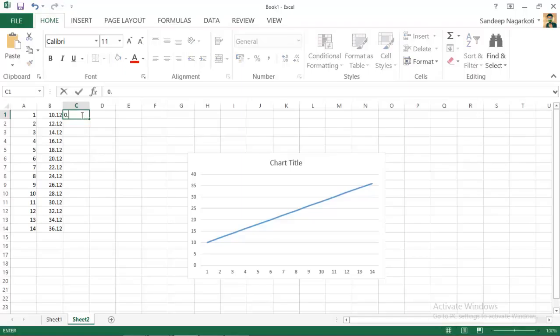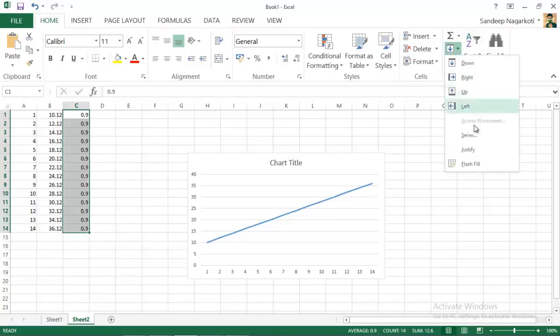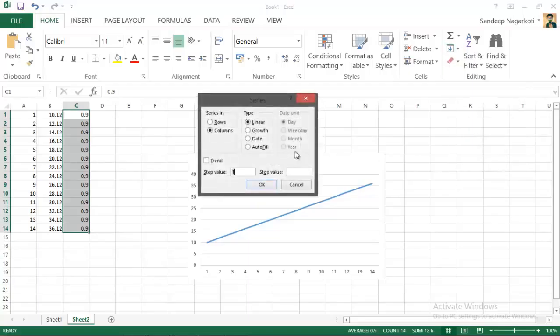Let's say 0.9, and drag the cursor to the 14th cell and follow the same procedure. Click on the down arrow icon, go to series. Now let's change the step value to 0.9. Okay,